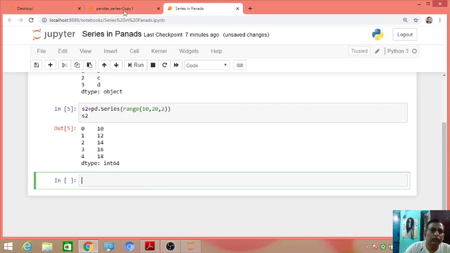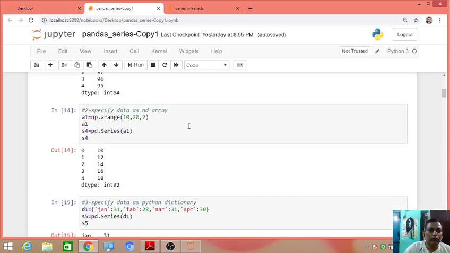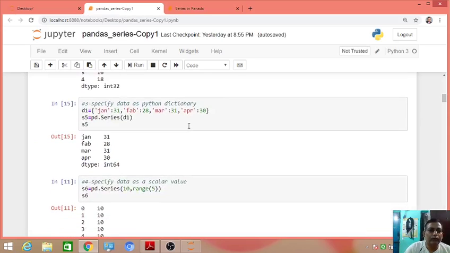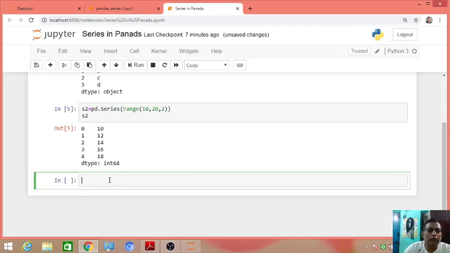Next, I already have one file. I am copying from there, so it will take less time to type. So now we'll see how to make a series from a dictionary.